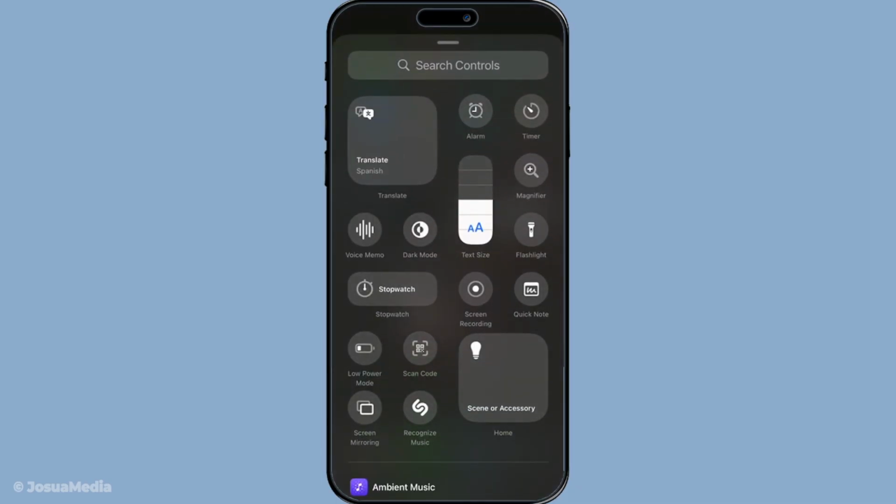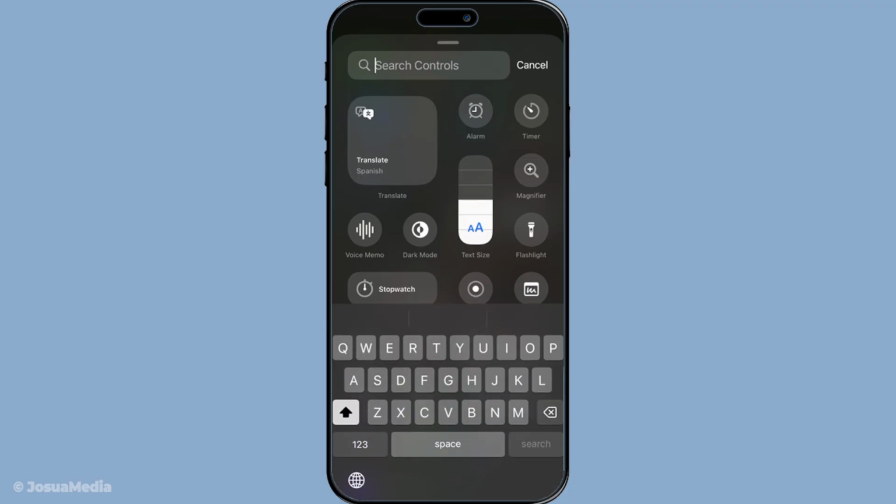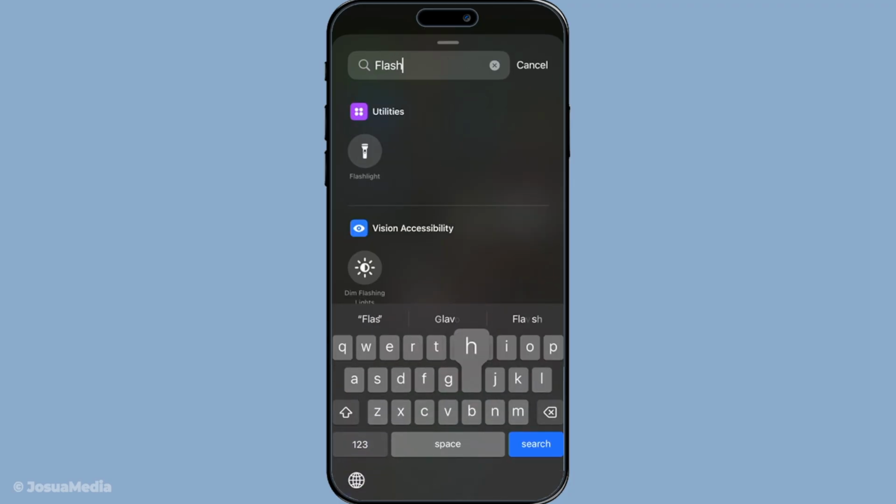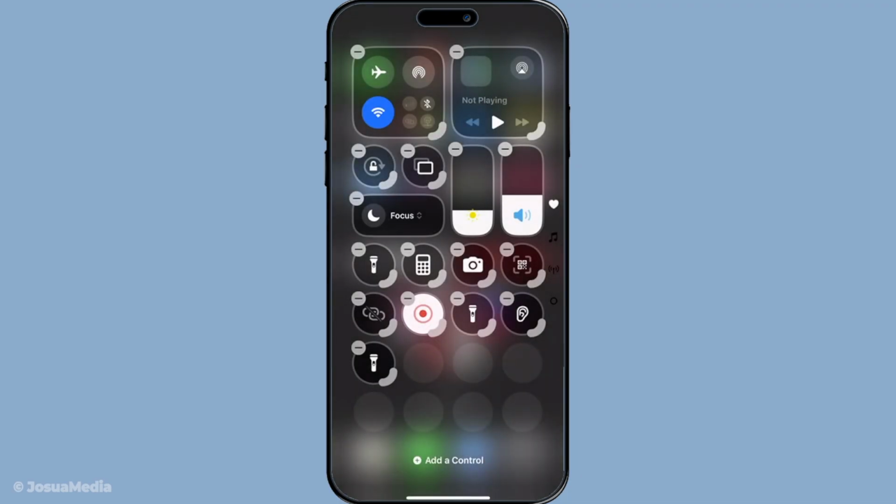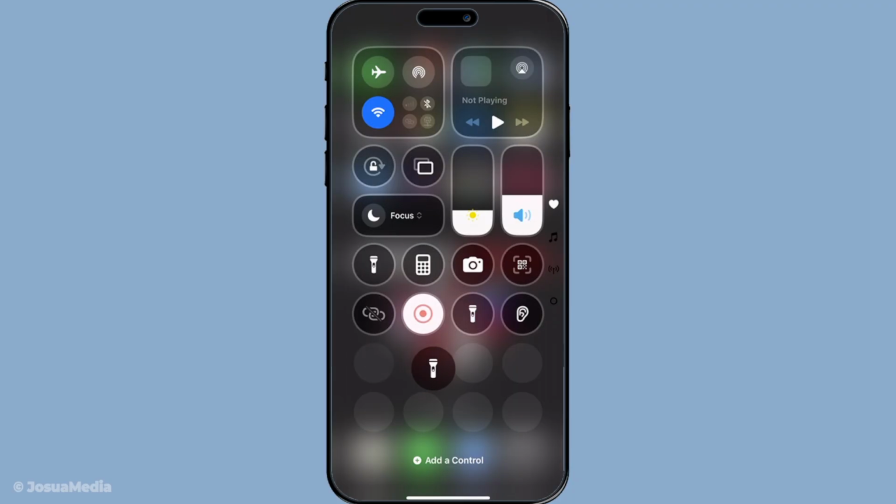This will show a list of all the available controls that you can include in your control center for quick access. Now, scroll through the list or use the search bar to find flashlight. Once you see it, tap on flashlight to add it to your control center. After that, you'll notice it appears alongside the other icons whenever you swipe down, so you can quickly turn the